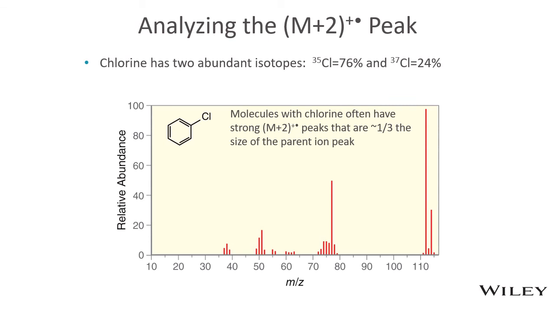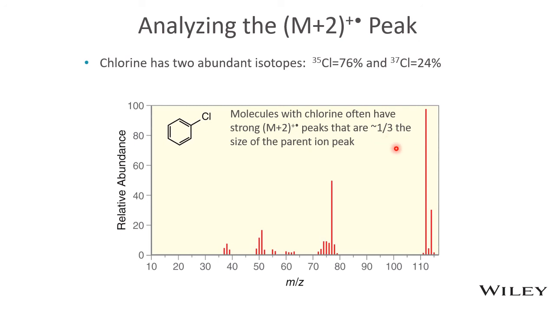The presence of an M+2 peak in a mass spectrum can indicate the presence of a halogen such as chlorine or bromine. And that is because chlorine has two abundant isotopes. There's chlorine-35, which is in 76% of chlorine atoms, and chlorine-37, which is in the other 24% of chlorine atoms. Now these two differ by a mass of 2, unlike carbon, which the isotopes differed by a mass of 1. So molecules that contain chlorine often have strong M+2 peaks that are approximately 1/3 the size of a parent ion